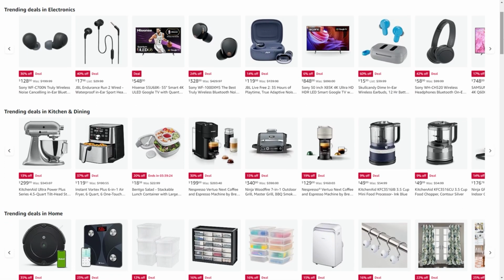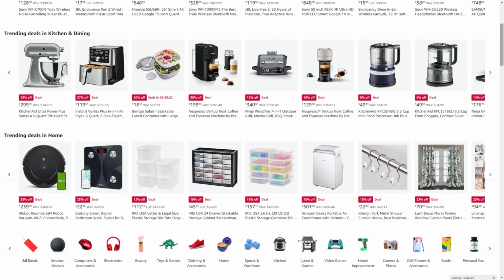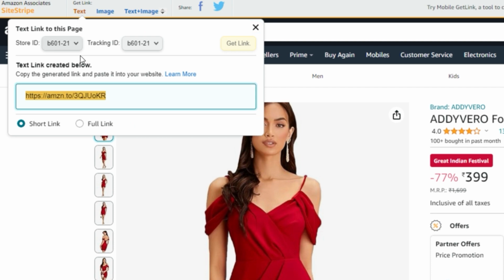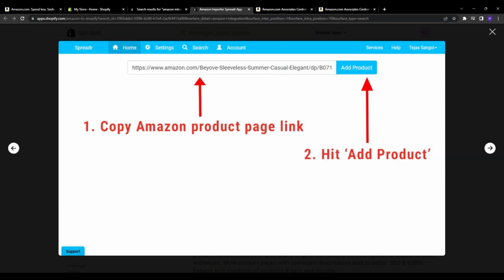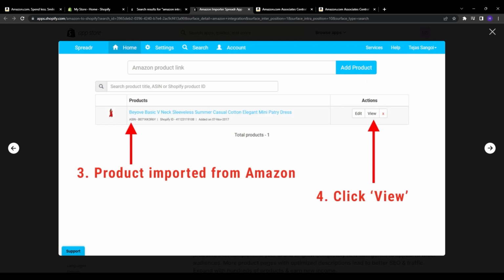After that, you simply have to import some sample products so that you can list them on your Shopify store. And to do that, you just want to browse Amazon and find an item to import, copy the full product URL, and then in the Spreader, click Add Product, then paste the URL and click Import. Wait a moment for it to sync. And just like that, you will have the Amazon product imported into your Shopify products catalog, ready to be customized